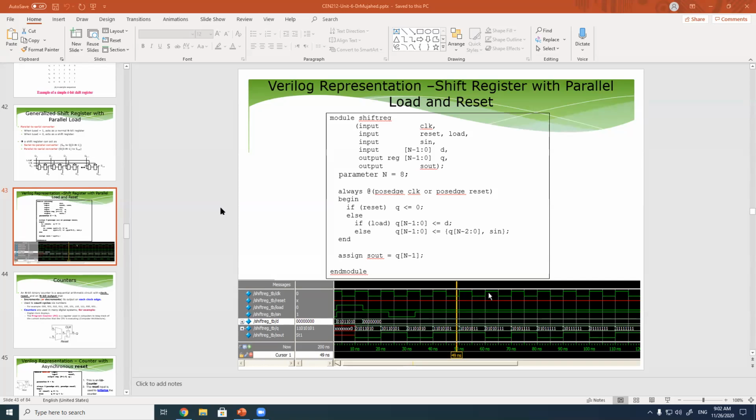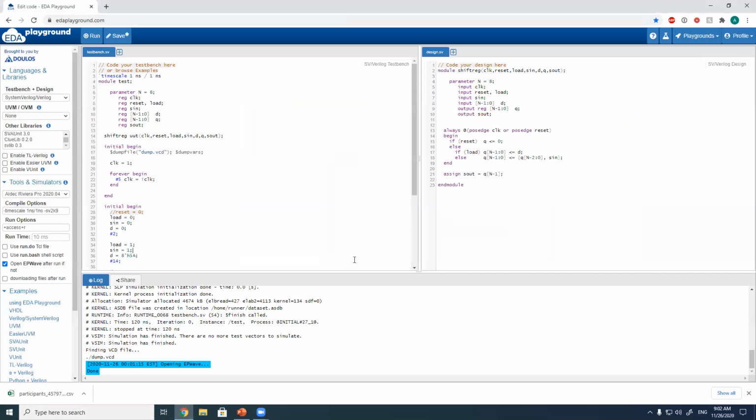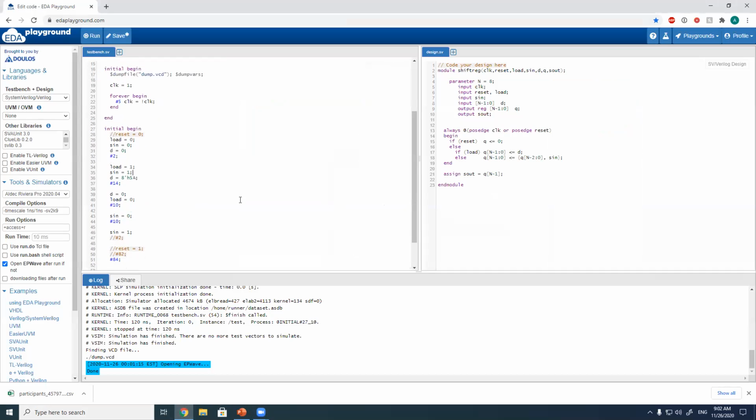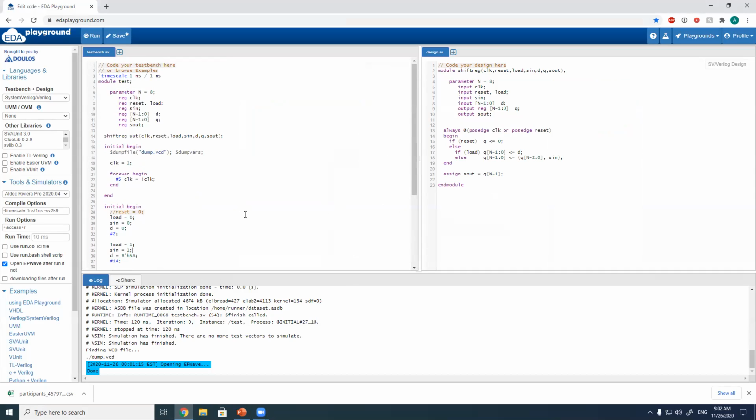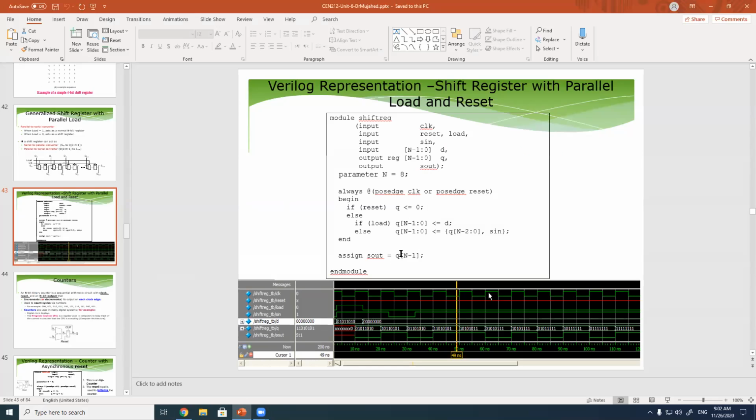Can you see my whole screen? Yes, okay. Well, last class, at the end of last class we stopped at this example, which is